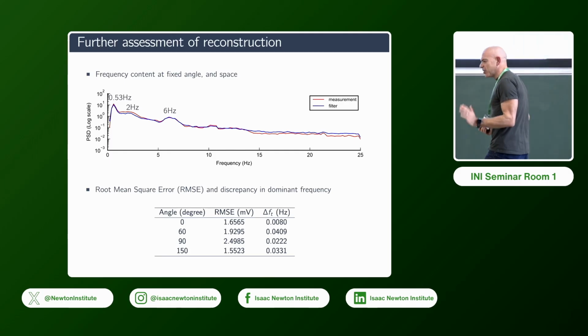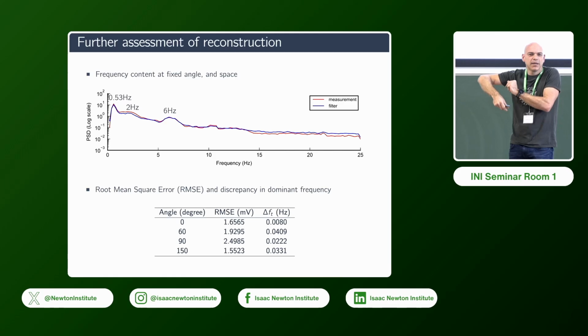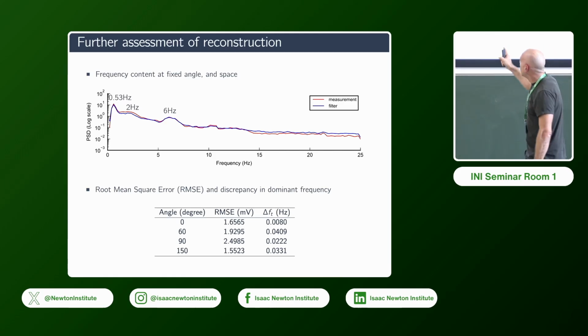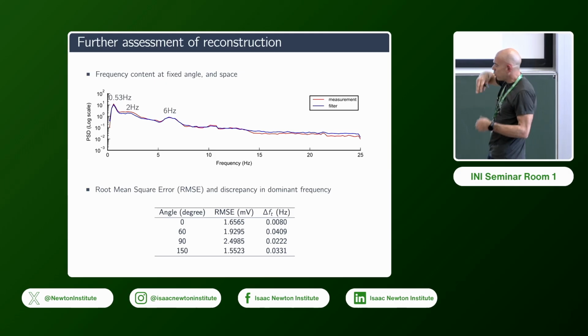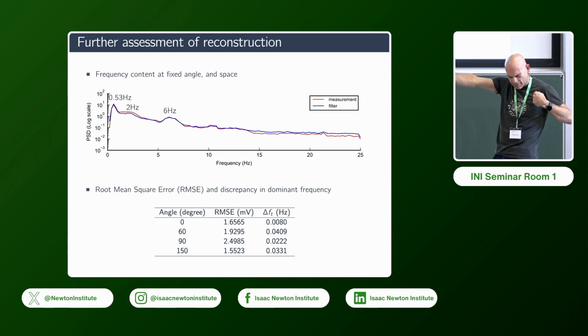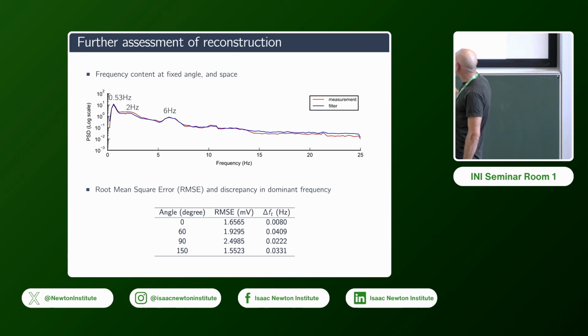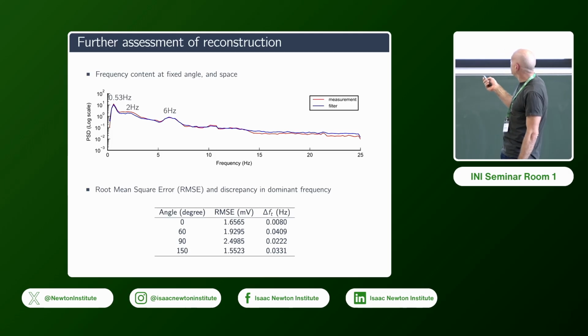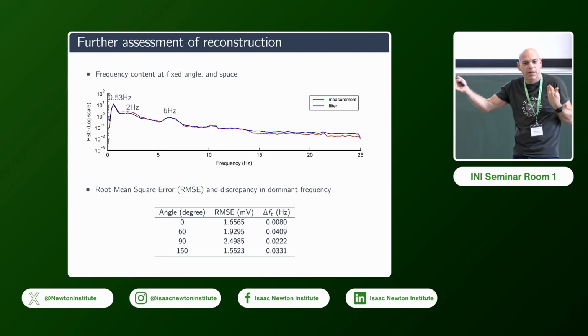One of the things that the filter does, it does badly at high frequencies. It's called a filter for a reason, yeah? And so what you're seeing here is what happens to the signal when you take the PSD across the entire cortex and across the entire time for one point in the cortex. And as you see, the algorithm does a very good job, and I don't understand why it does a good job. This is a very large dimensional inversion.